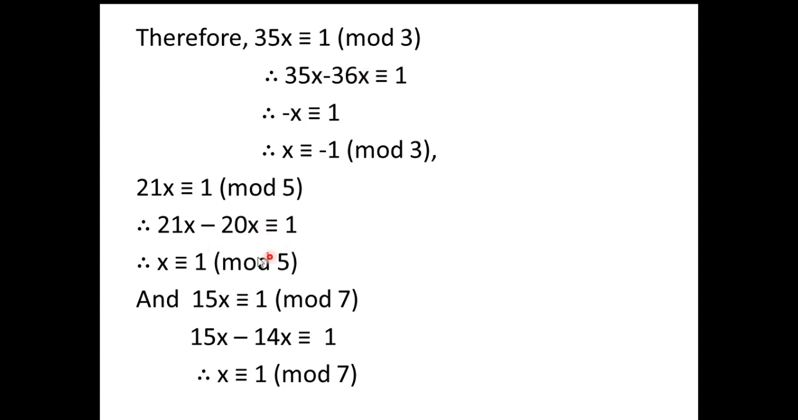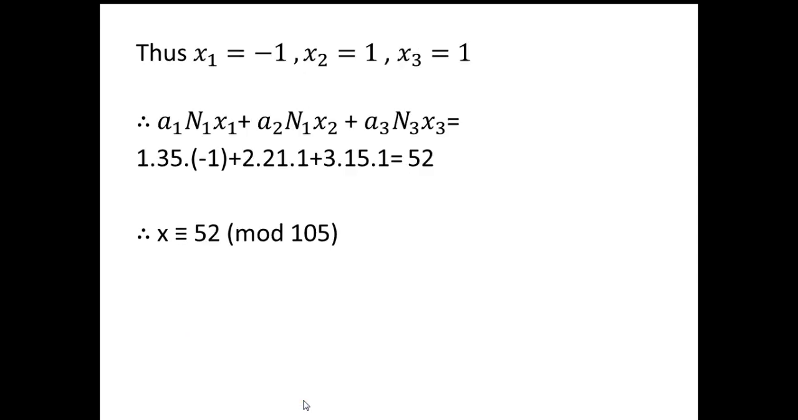Similarly, I am doing here: 21x minus 20x is congruent to 1. Therefore, x is congruent to 1 modulo 5. Now, the third congruence, 15x congruent to 1 modulo 7. Here, I can subtract 14 because 14 under modulo 7 is 0, so there will be no effect on this congruence. And we can find the value of x as congruent to 1 modulo 7. Thus, we got x1 as minus 1, x2 is plus 1 and x3 is also plus 1. Therefore,